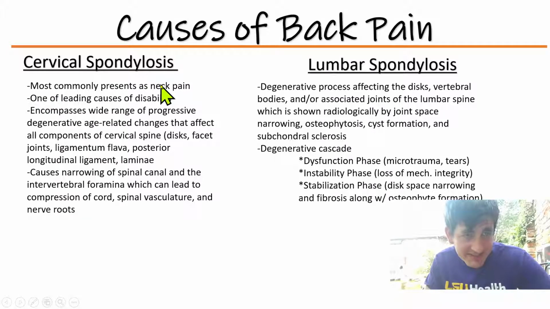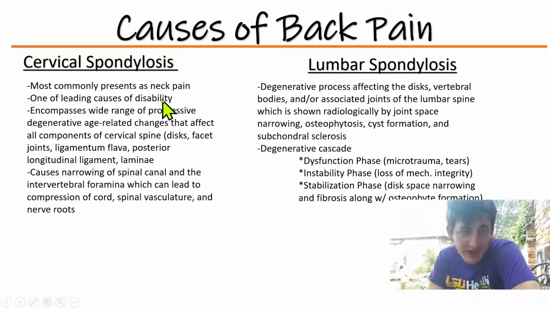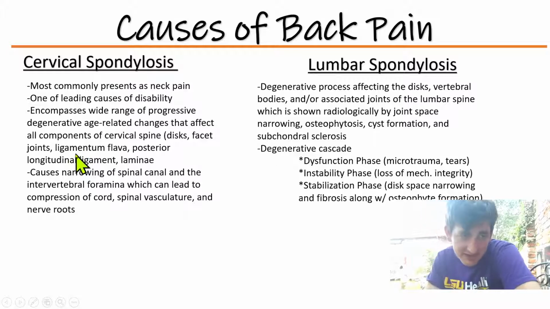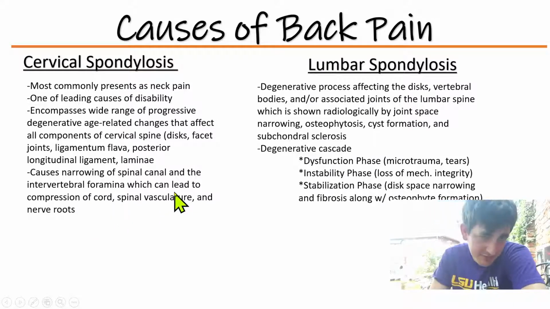Cervical spondylosis most commonly presents as neck pain. It is one of the leading causes of disability and rising costs of health care today. It encompasses a wide range of progressive degenerative age-related changes that affect all components of the cervical spine: disc, facet joints primarily, also ligaments. It causes narrowing of the spinal canal and intervertebral foramina, which can lead to compression of the spinal cord, spinal